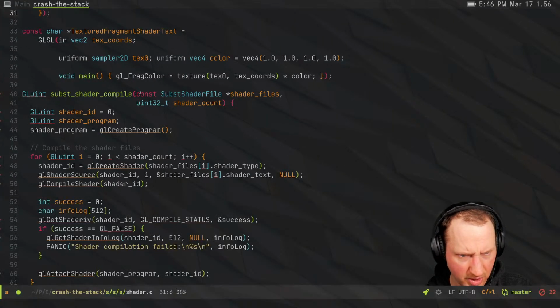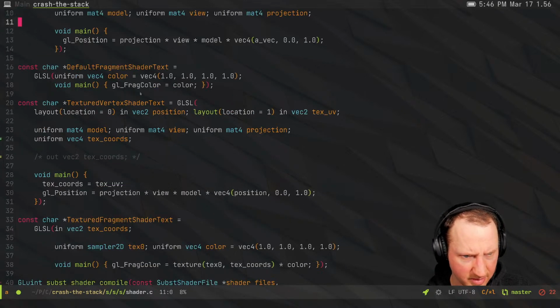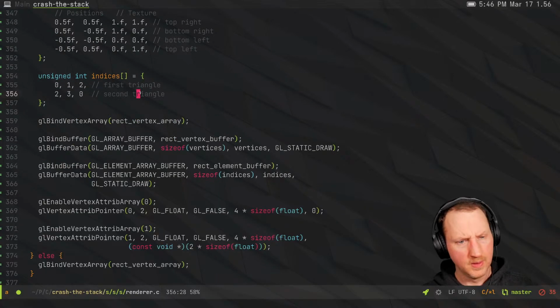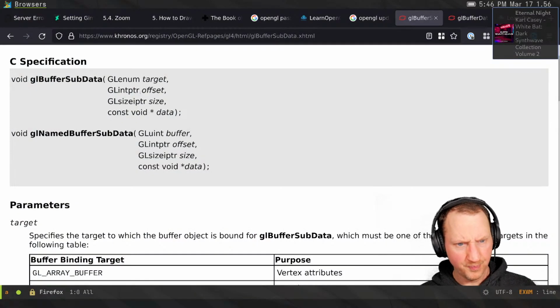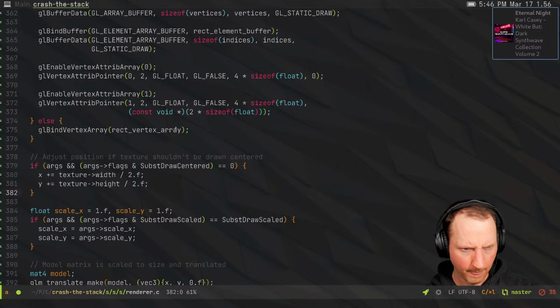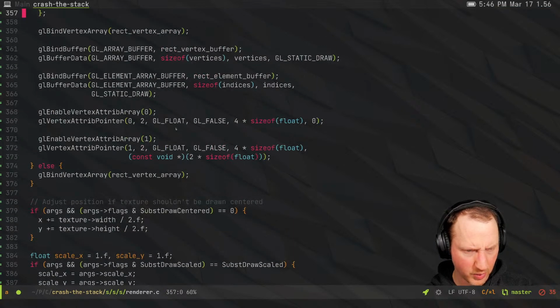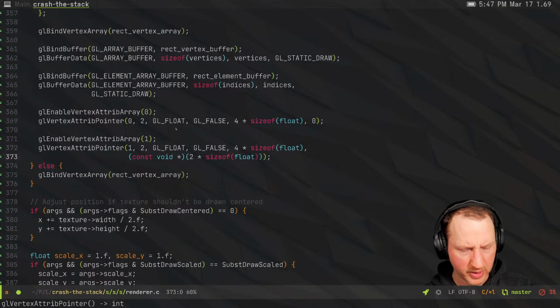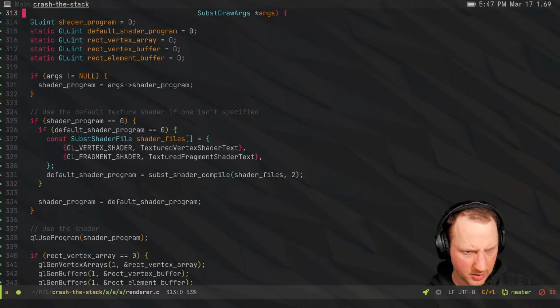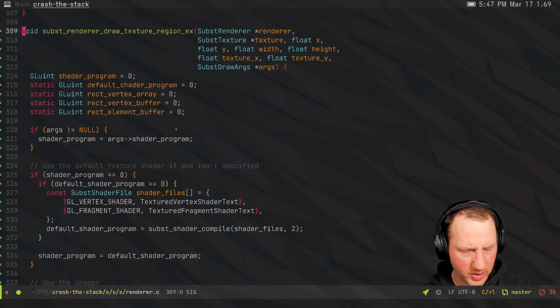Let me go back and change that shader back, because what I was adding there doesn't make any sense. So let's take that part out. Okay, so we're back to where we were. Okay. GL enum target. Bind vertex array. So we bound the vertex array. Probably want to set the texture position stuff later. I wonder if we should pre-calculate a little bit. So we have all that we need here. What we need is